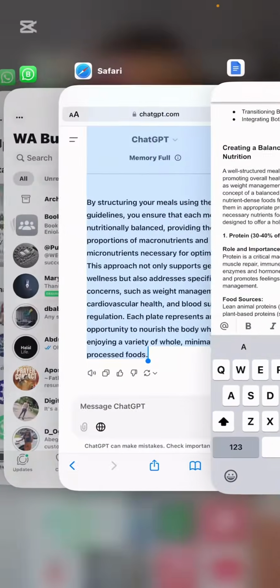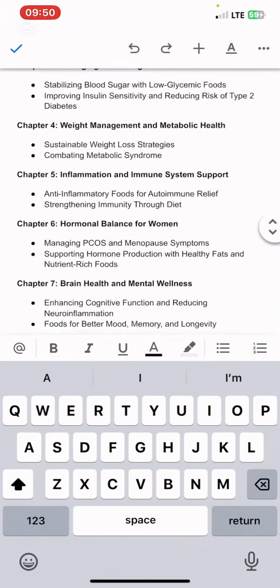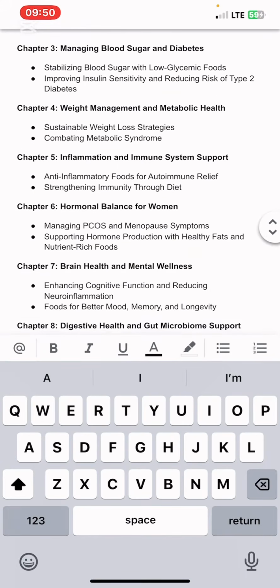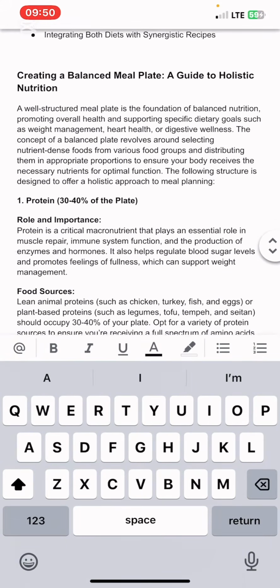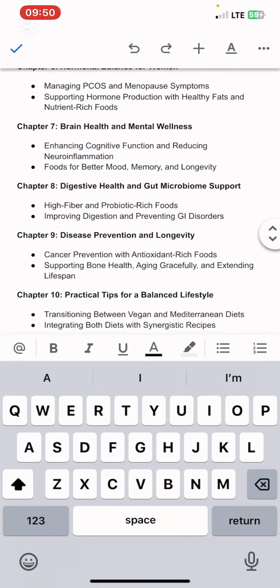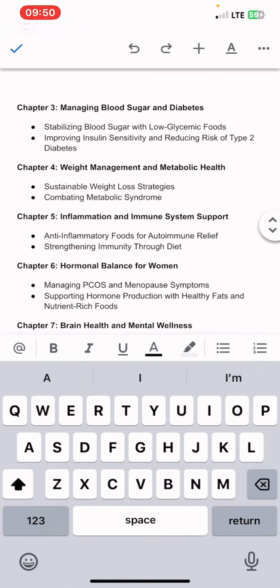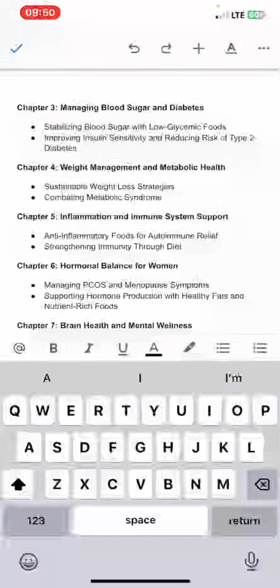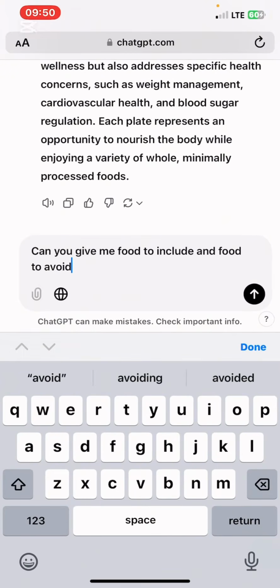Okay, the next thing to add, the reason why I left all this one is simply because I've given you prompts on how to generate your content. So there are some content you can include. Remember, food to eat and food to avoid is not listed there, so that's where I'm focusing on. So I'm requesting a tabular format. In another form, it's going to give you a straight format. Your own is, you just have to put it in double column and put the food to eat in a box and put the food to avoid in a box. Do you understand? So I've requested food to eat and food to avoid. So I'm going to include a request for